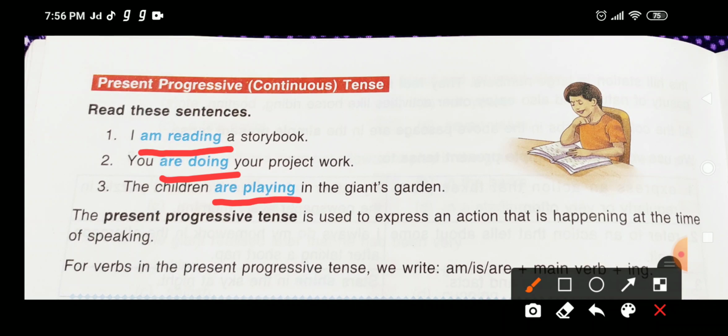In the second sentence, after subject you, they have used are, then first form of the verb do, and with do they have used ing. In the third sentence the children is the subject, and after the children they have used are, and then first form of the verb play, and with play plus ing, playing. Okay,